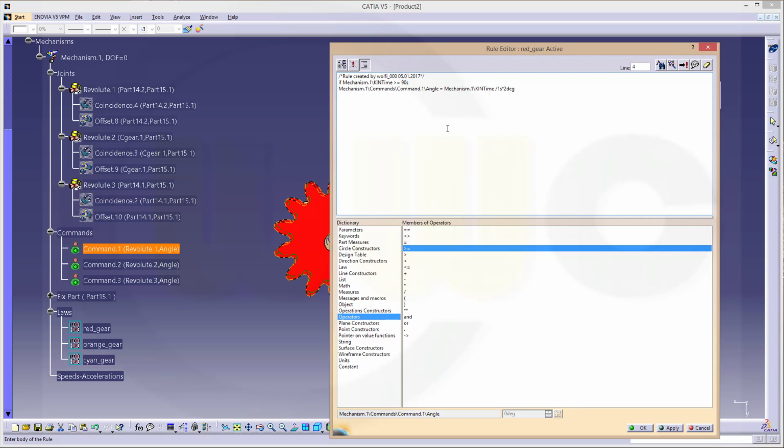It's right here. The value should be 240 degrees minus this expression, else